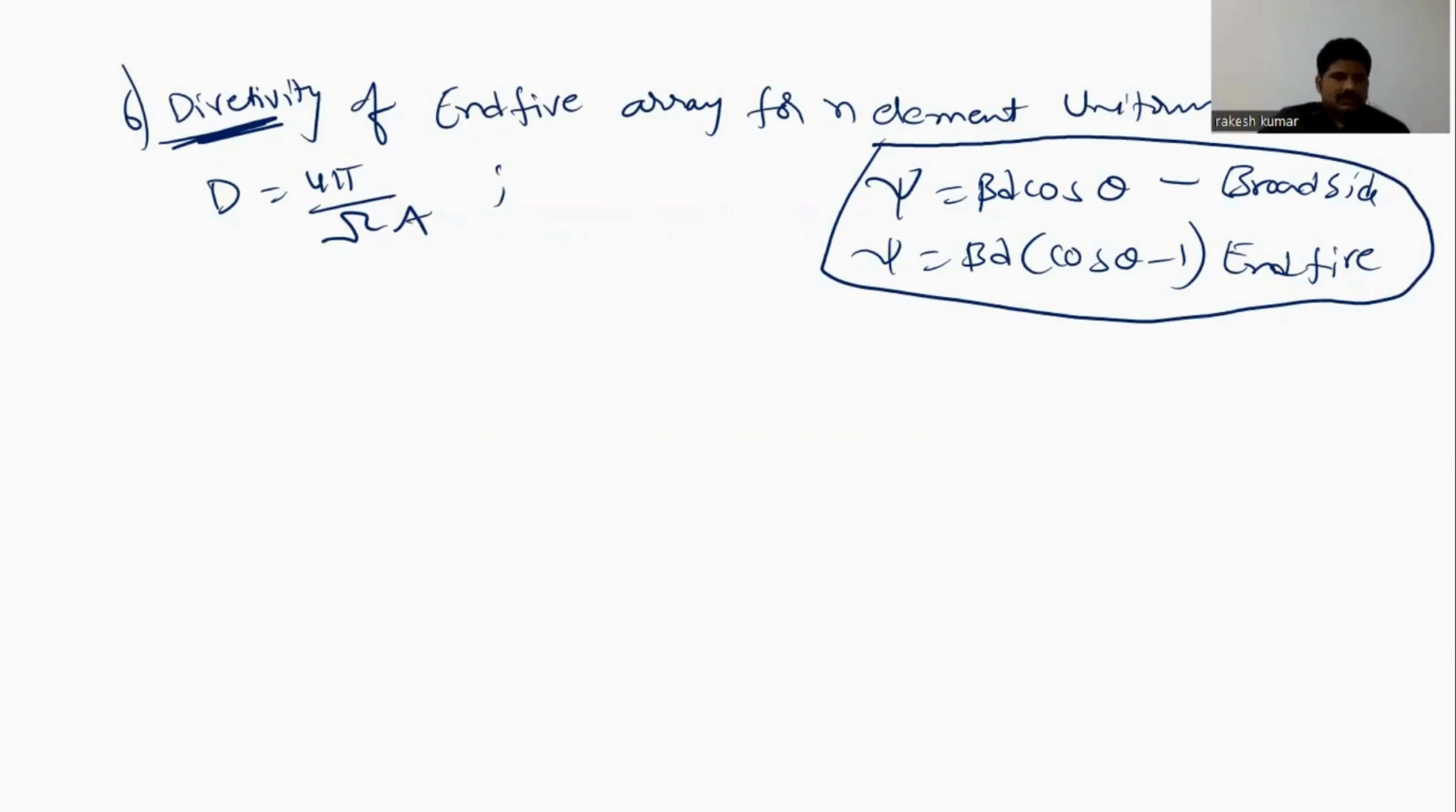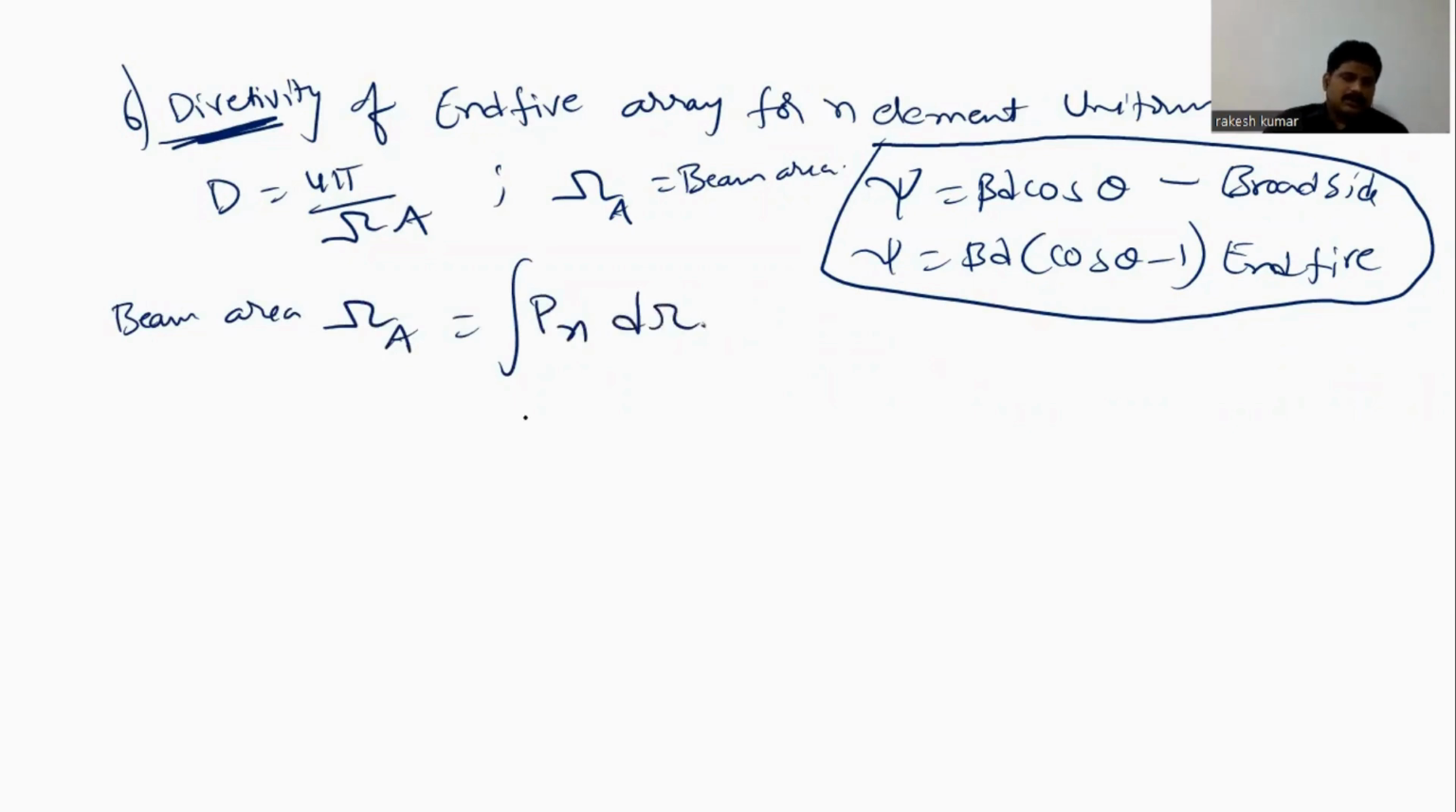The same procedure. So D is equal to 4 pi by sigma A. What is sigma A? Sigma A is nothing but the beam area. Okay, so for the beam area, sigma A is equal to the integral of the normalized power pattern over the solid angle. Okay, so we know that the power pattern